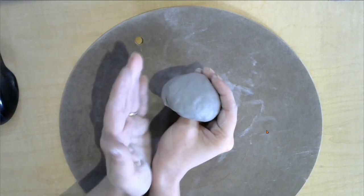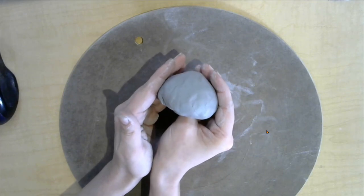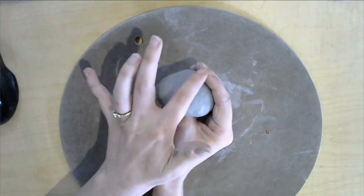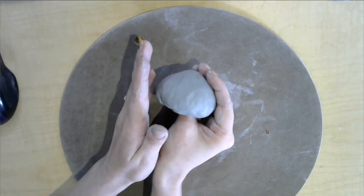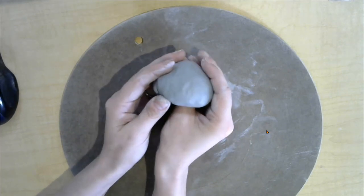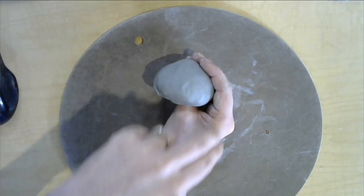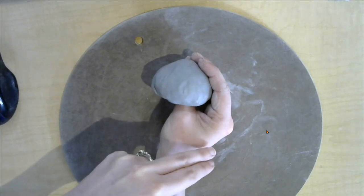Next step, now you have to decide what form you want, because the way you hold your arm, the way you shape your fingers, and how you pinch is going to affect the shape, the form. So if you want your bowl to be a little bit taller, so taller walls, having them go more straight up,